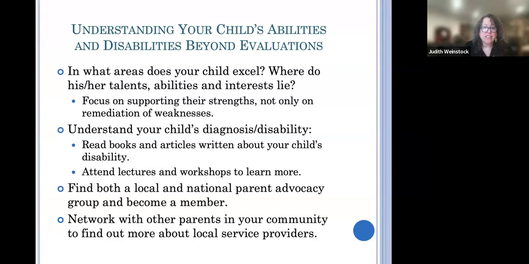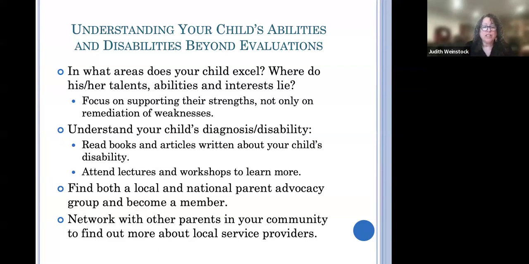What we find extremely helpful, personally and with our parents, is to network, both with local and national parent advocacy groups. It's very helpful if it's a group that pertains to your child's specific disability. There are Dyslexia Association parent groups. There are all sorts of different types of groups around that. Networking and obtaining the resources that these groups have is incredibly helpful in this whole process.